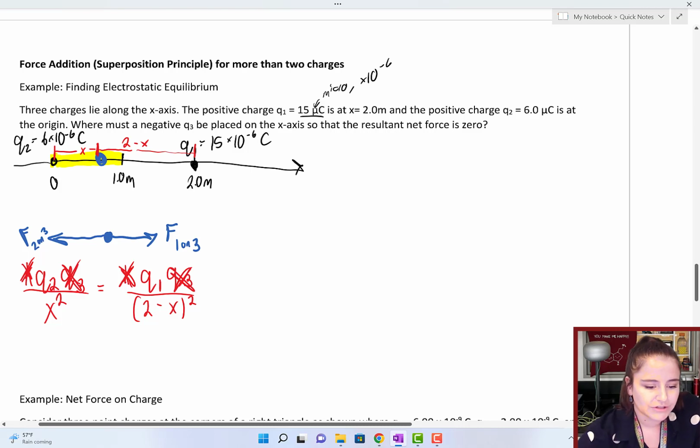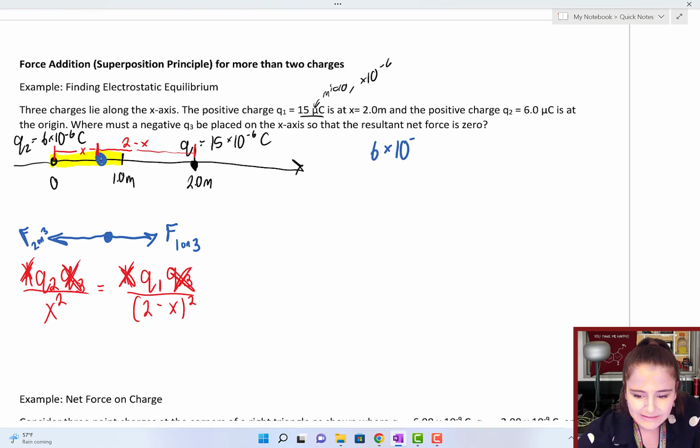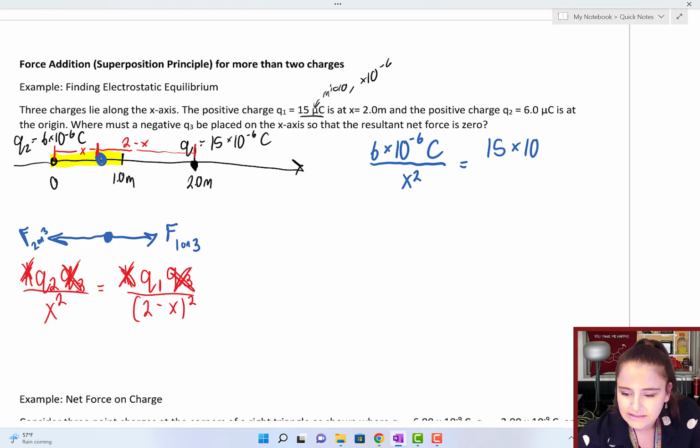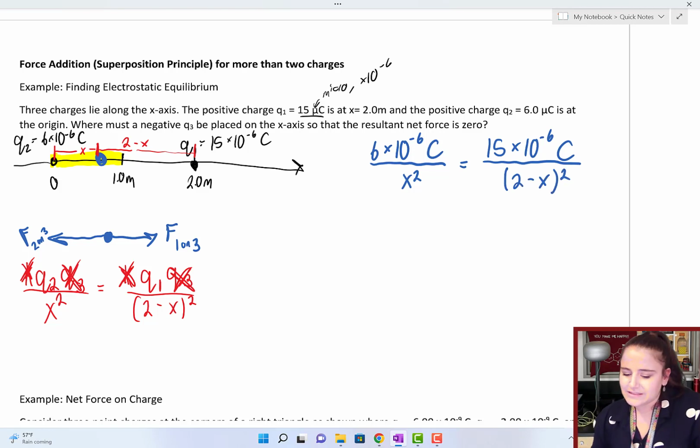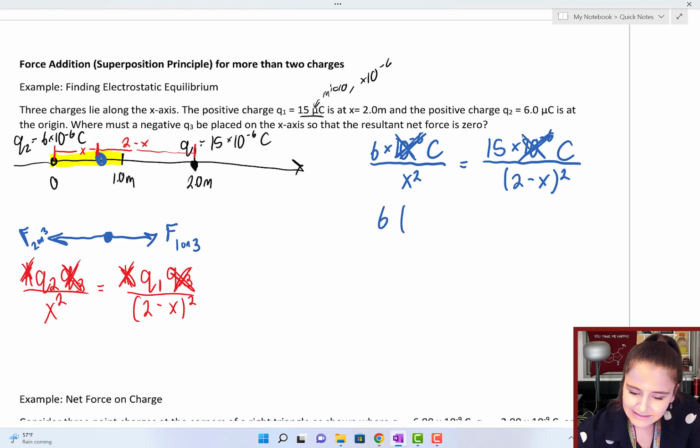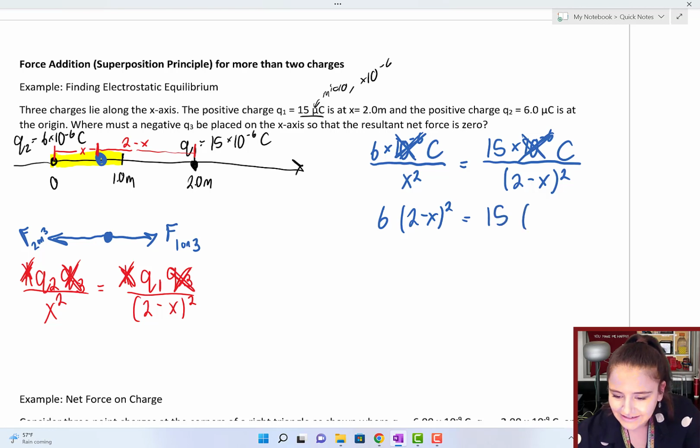So for Q2, we have 6 times 10 to the negative 6 coulombs over x squared equals Q1, 15 times 10 to the negative 6 coulombs over (2 minus x) squared. Okay, let's make our math even easier. We can cancel out the times 10 to the negative 6. I'm also going to cross multiply so I don't have a fraction. So my equation becomes 6 times (2 minus x) squared equals 15 times